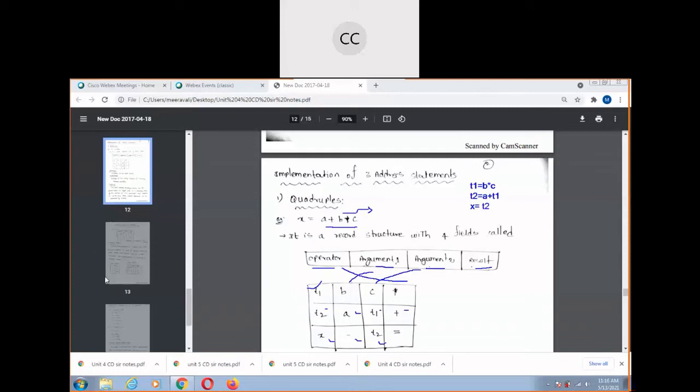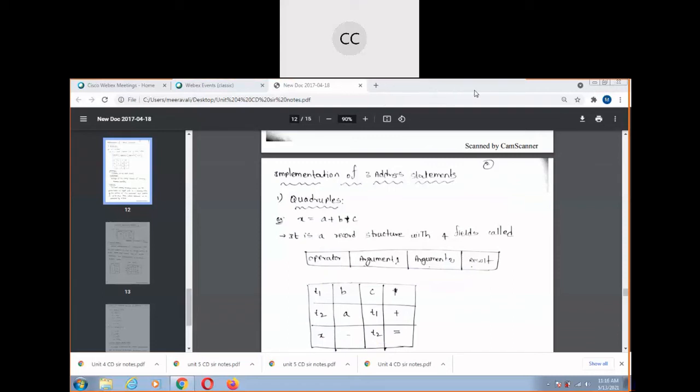Next is triple representation. So what is the disadvantage in this quadruple representation? Can anyone tell me? Wastage of space. Good.